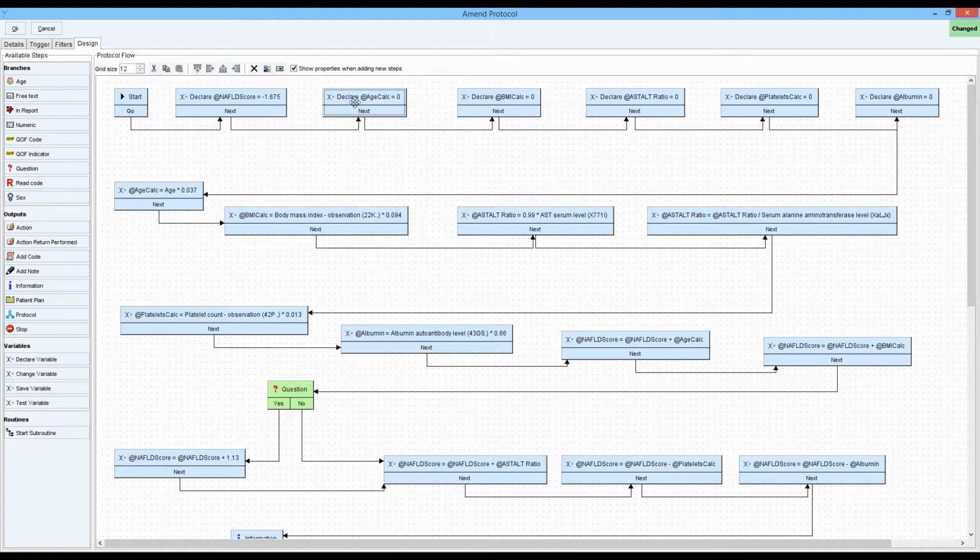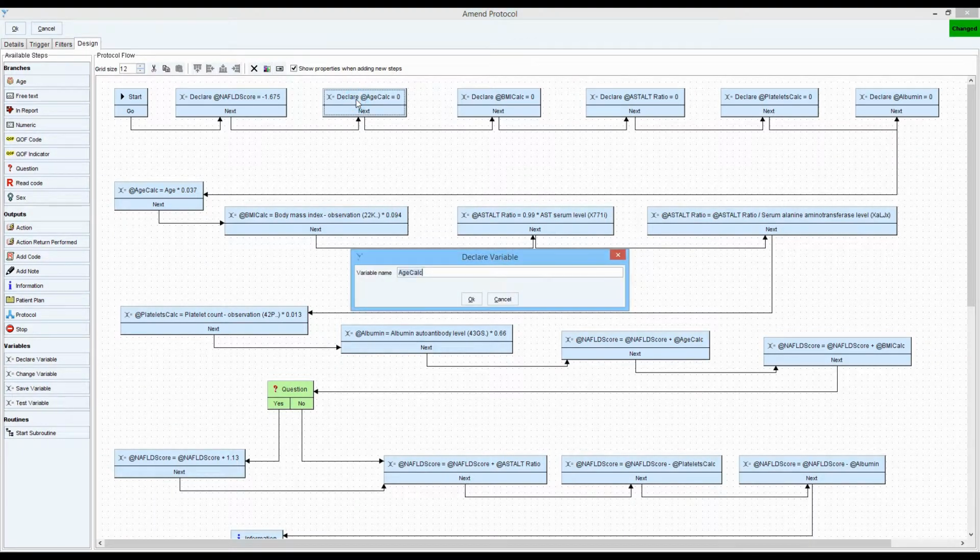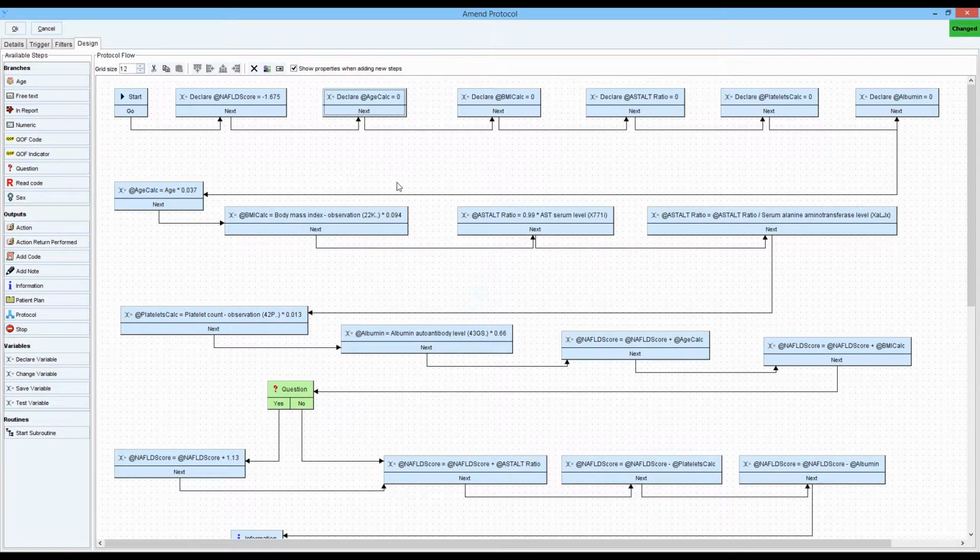Next one is age, called it age calc, got a starting value of 0, the correct value will go in from the patient record later. Then got BMI, the AST-ALT ratio, calculation for platelets, calculation for albumin,